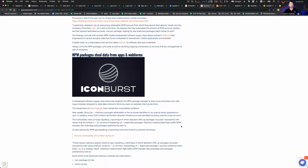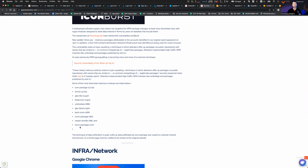Iconburst is another stream of vulnerability that affects NPM packages. In this particular case, it is an NPM package called Iconburst, hence the name of the attack, where the icon packages that were particularly downloaded, or these other packages, have been affected by vulnerabilities like replacement of the front end or DNS hijacking, where fundamentally